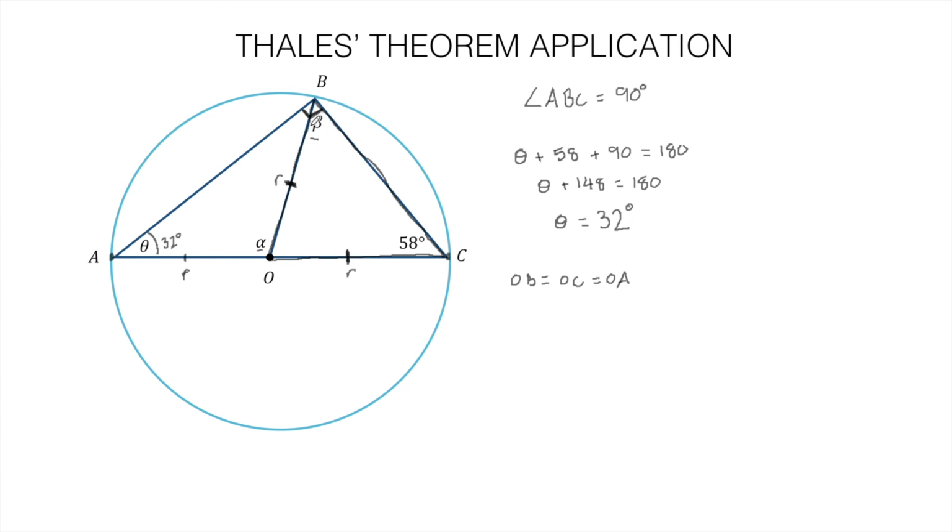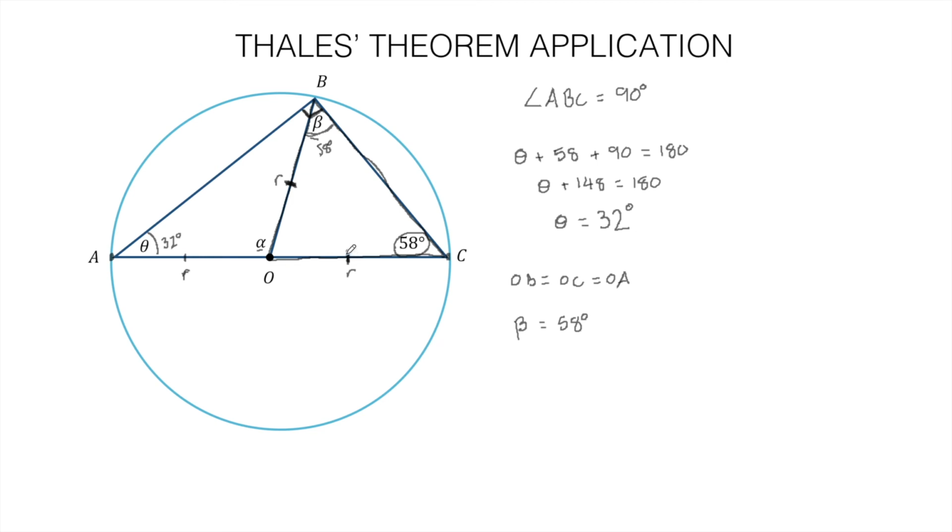And this is the trick you have to remember with this question: an isosceles triangle has base angles that are the same. So this one here is 58. Because it's an isosceles triangle, this one here must also be 58. So we know that beta equals 58 degrees